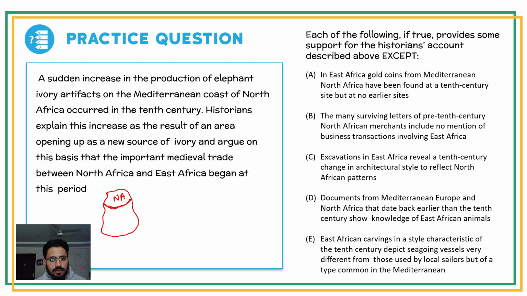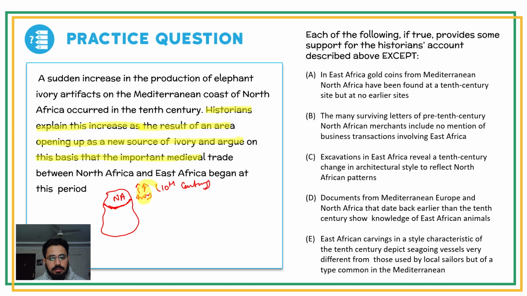Okay, in the 10th century, some ivory artifacts were being produced more or whatever. Okay, moving on. Historians explain this increase as a result of an area opening up as a new source of ivory and argue on this basis that